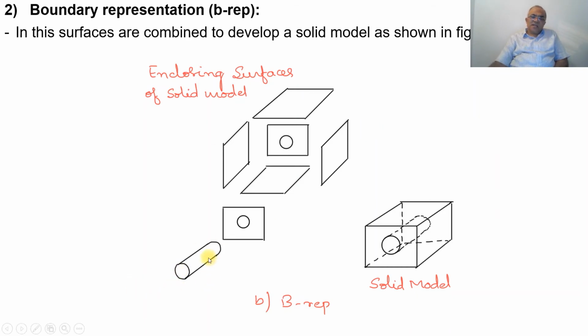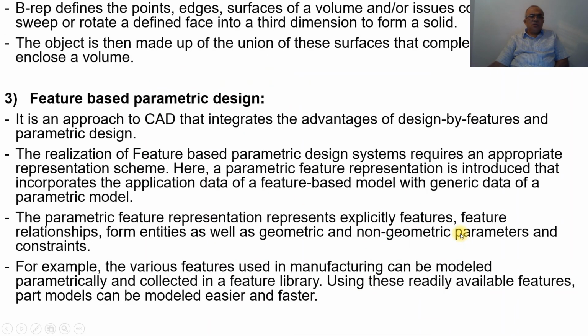And suppose you create a circle. Again, the circle is a closed bounded figure, which is going to have an area. Then I'm going to extrude it, that means I'm giving a thickness to that area of the circle. Then it becomes a volume, so naturally it becomes the cylinder. And where you want to place it, you place this, and then by using the Boolean operation, I need to subtract from the solid model, that is the rectangular prism, taking the cylinder as the subtracting tool. Then automatically you are going to get the block with a hole. So this is how it is used in the boundary representation method.